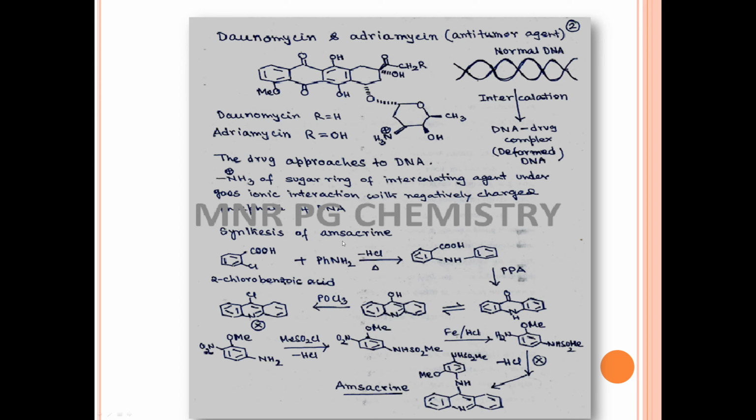Now we will take up another polycyclic molecule, amsacrine. The synthesis of amsacrine starts with 2-chlorobenzoic acid. This 2-chlorobenzoic acid undergoes reaction with aniline. This particular step you have done in the third semester syllabus. This ortho-chlorobenzoic acid you have prepared from phthalimide, and then this particular reaction you have done, where nucleophilic substitution happens with the aniline,